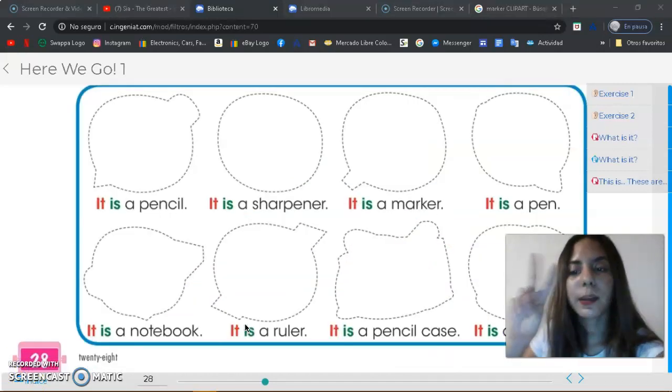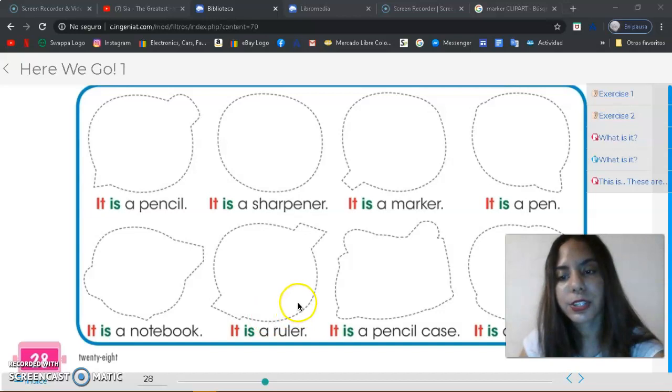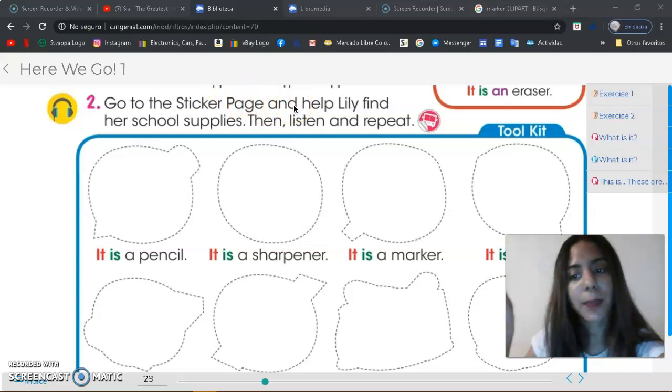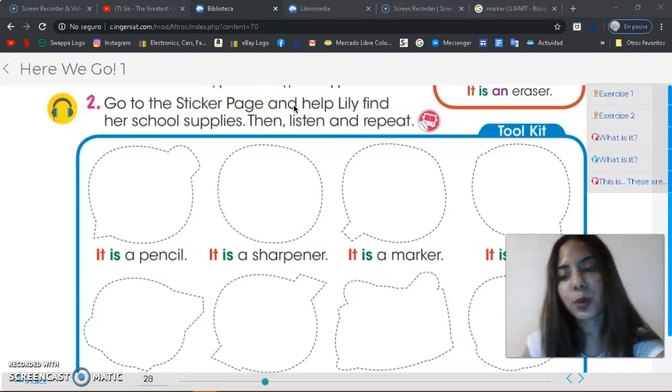For the second part of our English book, we are going to go to a sticker page. Okay? Do you remember the sticker page at the end of the book? Al final del libro vamos a encontrar las páginas de los stickers. En esas páginas vamos a paste the stickers here. Okay? So paste the stickers